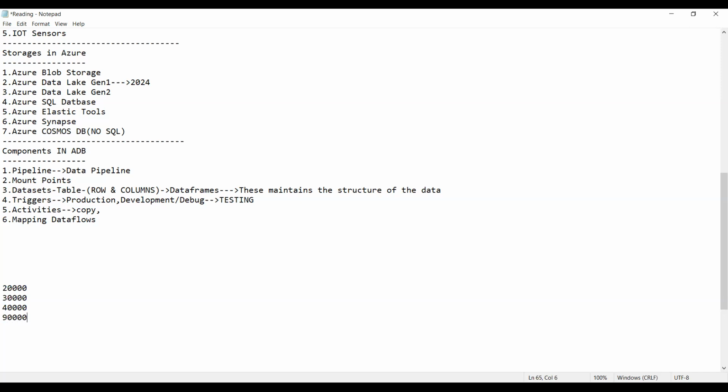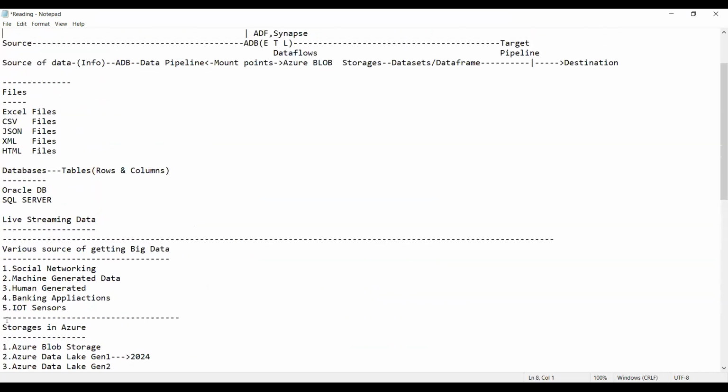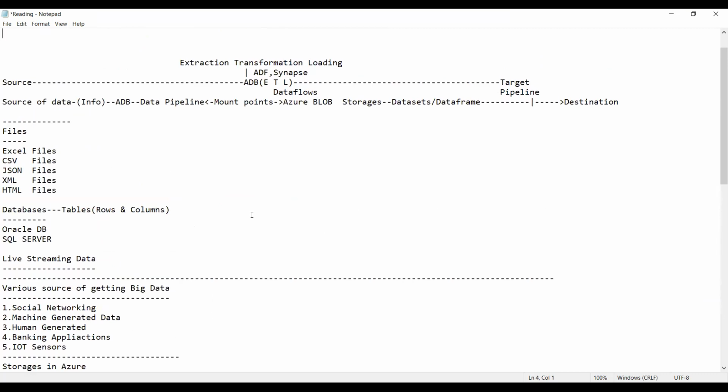To perform this arithmetic operation, you're converting these 3 lines of data into only 1 line. Am I right, guys? To perform this kind of transformation on the data, we use the data flow transformations, or mapping data flows, which is also called mapping data flows. Getting my point?